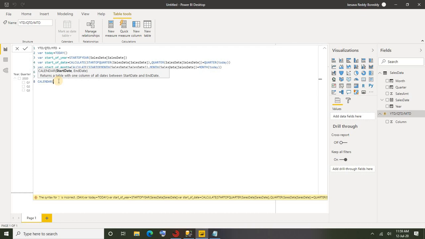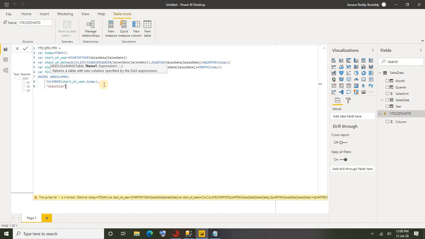Here I'm going to pass the start date as start of year. Let me get the dates for the year first. Start of year, and the end date would be today. From the start of year till today I need to generate the dates dynamically. By default there will be one column, date, and these values will be stored under the date column. Now I need to create the other column, right? So I'm going to add one more column called selection.